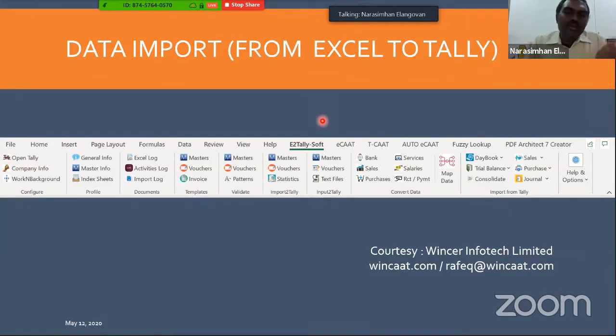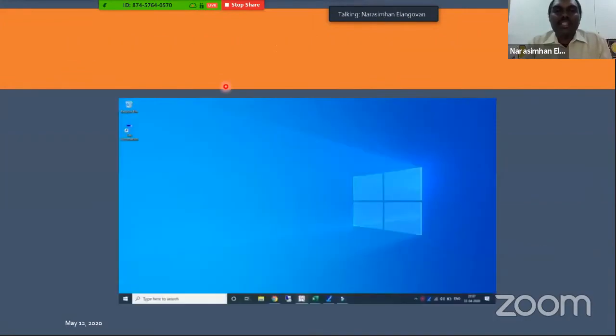Or assuming you're not able to track it, 80% you're able to do, 20% is still taking time, maybe put suspense account entries and send it off. Or forget that. Next time what you do, you send this data to your client and tell the client itself which nature of account it can fall under. If the client is having time, he may probably classify and give it. Otherwise, whatever is common, he may probably say that, this is the rule. For the rest of them, these are the clarifications. So a whole lot of time is saved, and you can also do this work much more faster. Okay, so that's basically how I try to